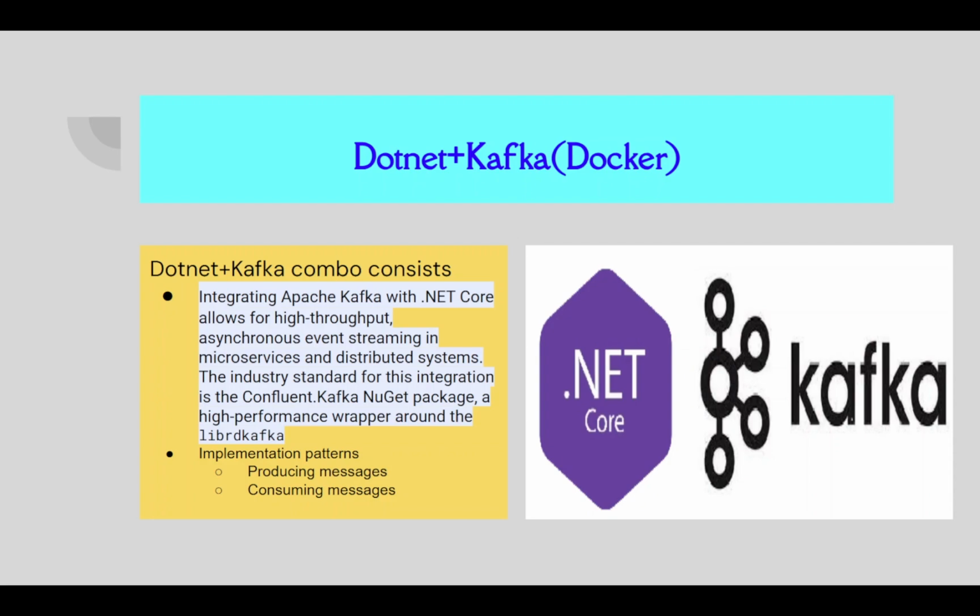So as part of this, we are going to see how we produce a message from .NET Core and submit it to the Kafka topic, and also how to consume the message from the Kafka topic by using .NET Core. So if you are working on a high streaming application, where continuous streaming of information, even millions of events per second it's generating, and if you want to process it, the combination of .NET Core and Kafka